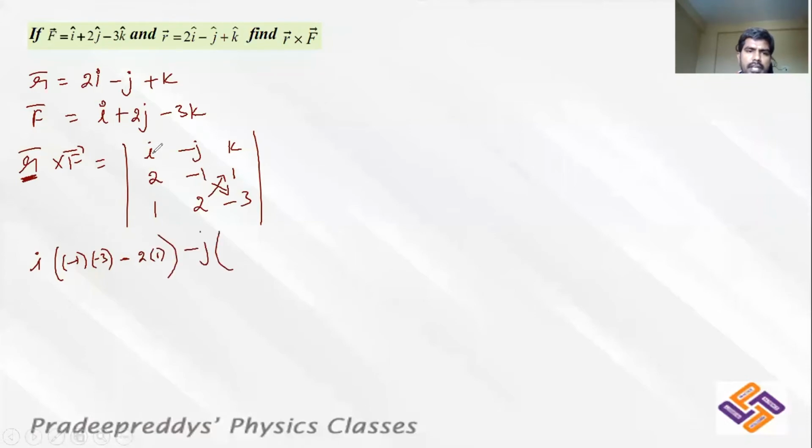When you are taking j, you eliminate this part, and what remains will be only this: 2 into minus 3, minus 1 into 1. Plus k into. When you are dealing with k, you take 2 into 2, minus 1 into minus 1. Now this gives you finally